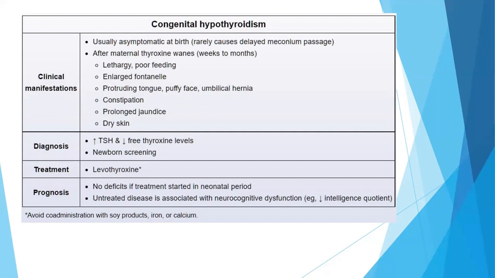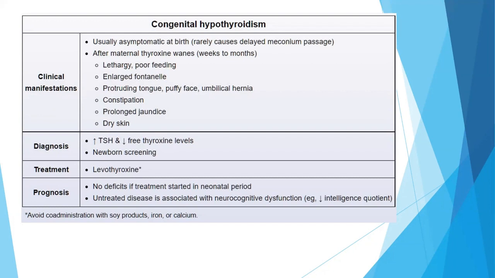Now in the beginning there is the maternal thyroid hormone, right, which is acting in the child's body, in the infant's body, in the neonate's body, and it is also decreasing the thyroid production from the thyroid gland. But since the maternal thyroxine is present there, the patient will not have symptoms. But as this thyroxine effect goes away in weeks to months, then the child